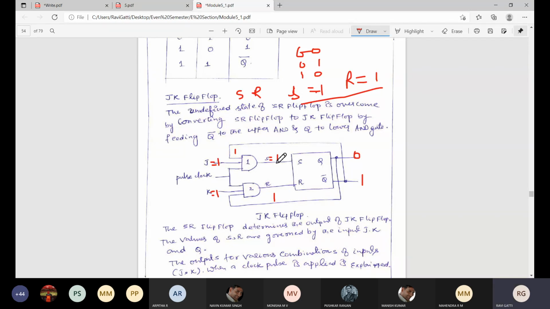Okay, now you can see S is equal to 1 you got. So now what about the second AND gate output? Yes, anyone? It will be 0. Yes, it will be 0. Why? Because since you are feeding this 0 back over here, 1, 1, 0 will be 0. Okay. So now you tell me what is the SR output for S is equal to 1 and R is equal to 0.